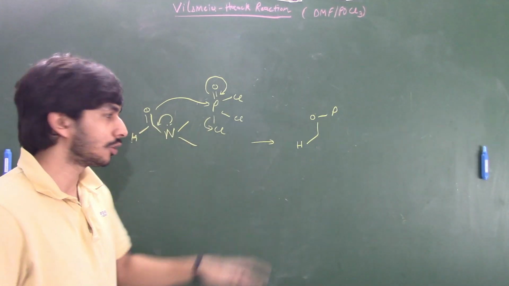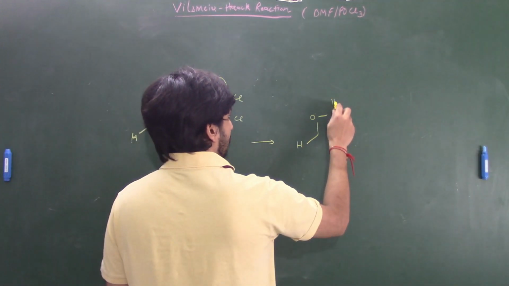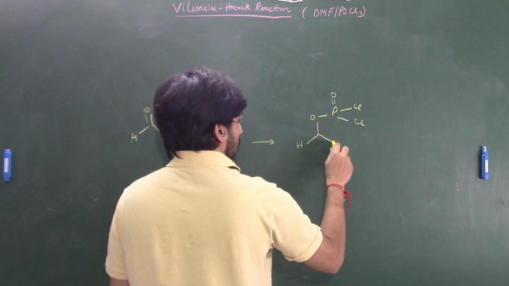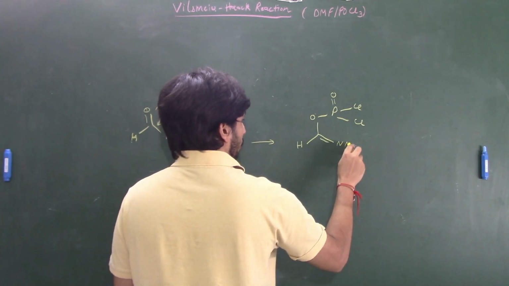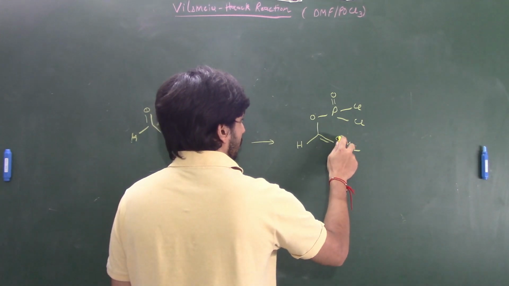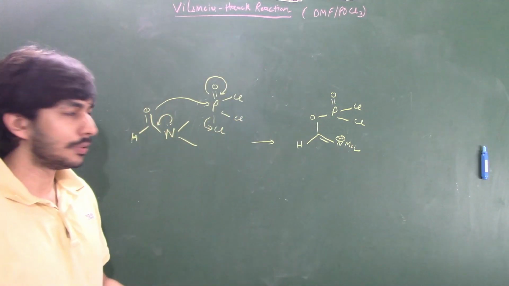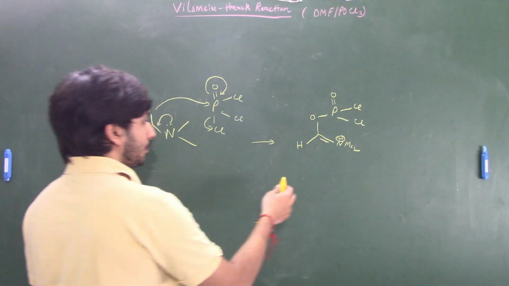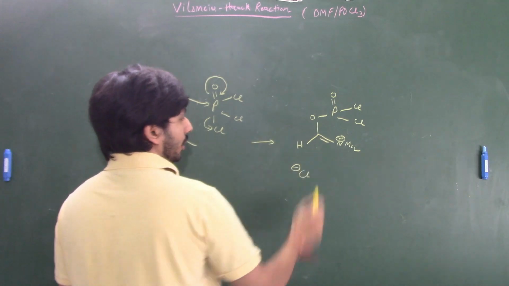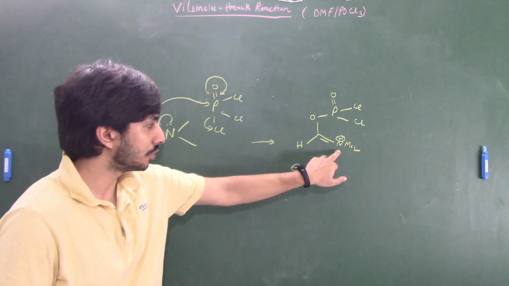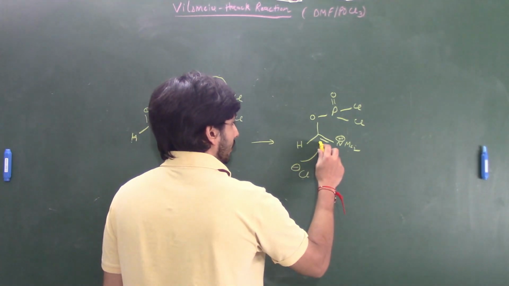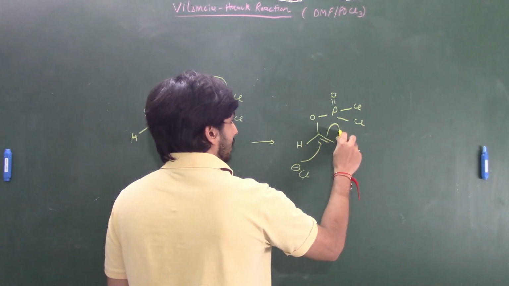Right, so one Cl is kicked off, and what do we get? We get POCl2 like this, and along with that we get Me2, I'll just write Me2 over here, and a positive charge on the nitrogen, right? Now what happens next is that, because of the chloride that was eliminated, this carbon over here becomes electrophilic in nature, because you can see nitrogen is over here and then there is oxygen over here. So this chloride attacks at this carbon, and this double bond migrates like this.